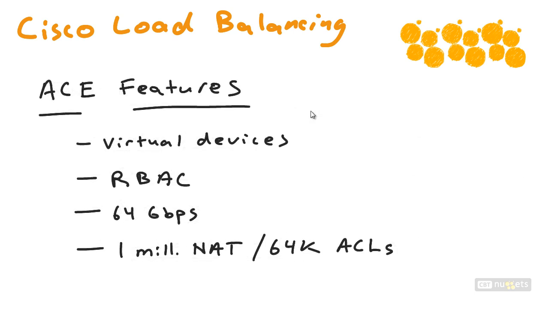Now, before Cisco decided to kill this product line, what were some particular bragging points that they could make about it? Well, certainly one of them is virtual devices. Remember our virtual device contexts that we discussed in this course regarding the Nexus 7K, for instance? Well, the Cisco ACE can virtualize itself, and a remarkable number of 250 virtualized devices can be created. They're separate and